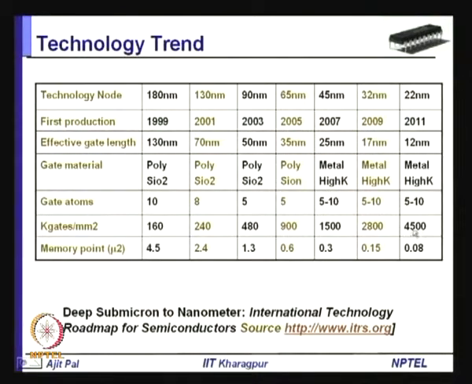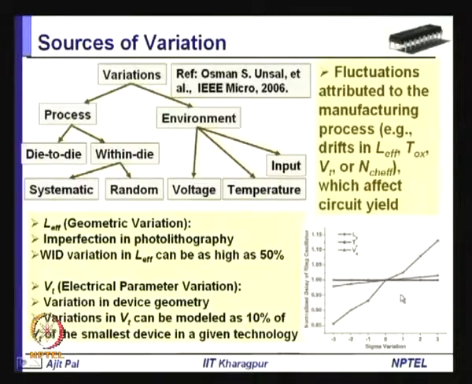And this will lead to another problem, which we can define as process parameter variation. The variations can be of several types, and you can broadly categorize them into two types, process and environment. So far as the process variation is concerned, again it can be categorized into two types, die to die. You have different dies fabricated on a silicon wafer. So, this is die to die: the variation from one die to another die, and this represents the variation within die.